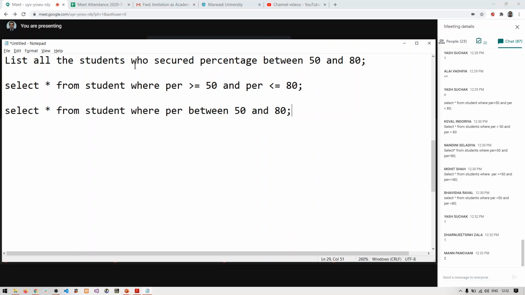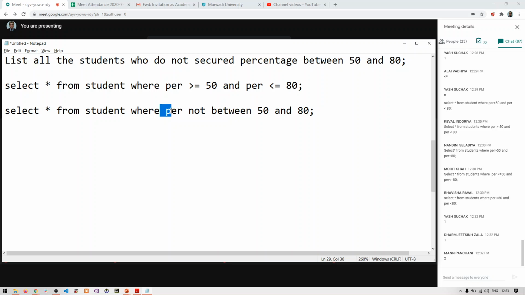So if I negate this particular condition, who do not secure percentage between 50 and 80, then what will we write? We will just add the NOT keyword before between.